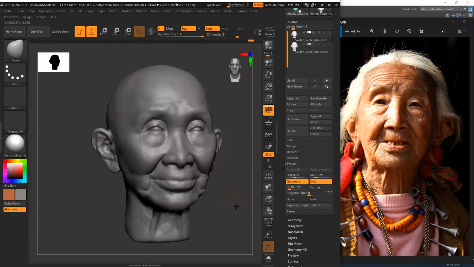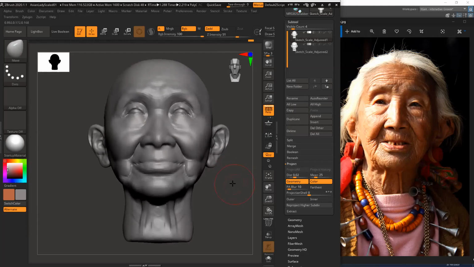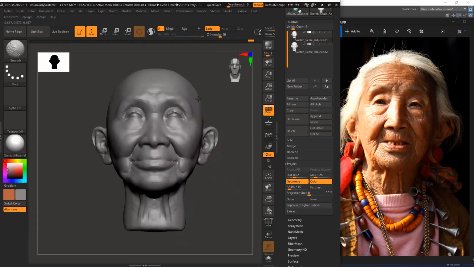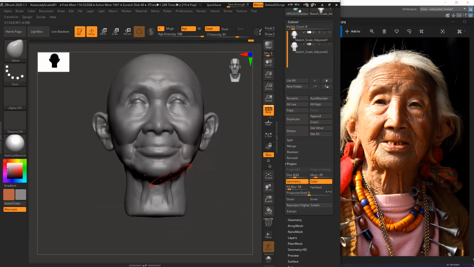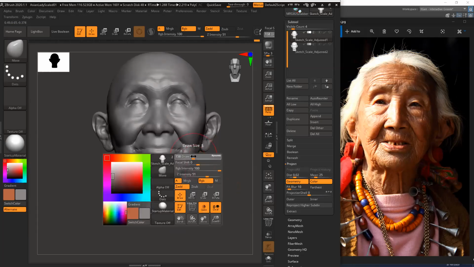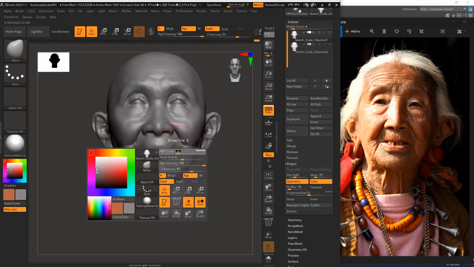So the cool thing here now is that I have multiple resolutions. So very quickly, I can just smooth out this whole thing and keep going. I can use this very low res to tweak my base mesh, and then go higher and higher towards the secondary forms and all that stuff. So I'm gonna bring this a little bit more inwards, gonna make her face a little bit narrower around